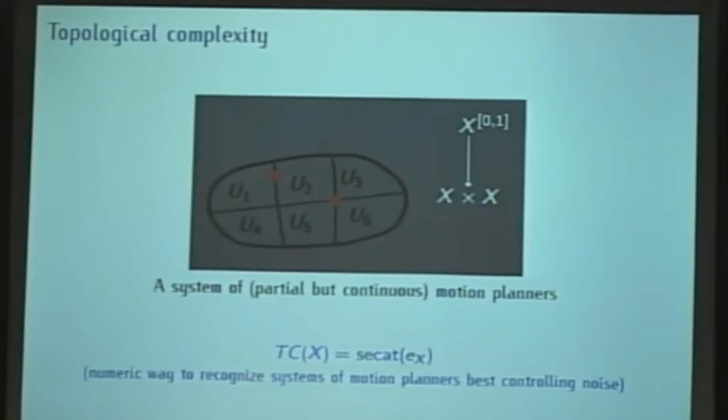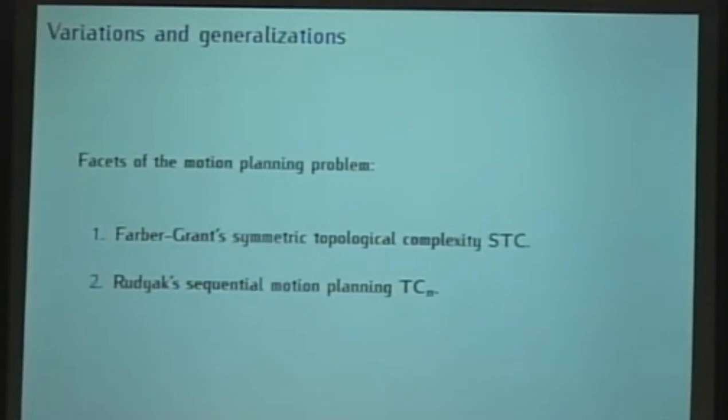The good news is that there will always be a system of motion planners so that every task is close to at most this number, TCX, of domains. And actually there is an optimal, an ideal motion planner which has actually TCX domains. Space of tasks, right? So, okay, this is the idea of this invariant, of course. Then one wants to study it with techniques of homotopy theory and topology in general, and well, this is what I'm trying to